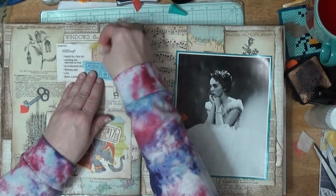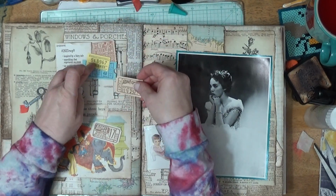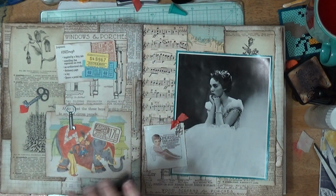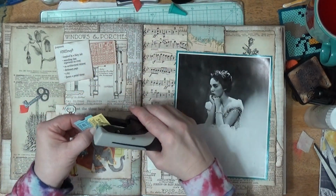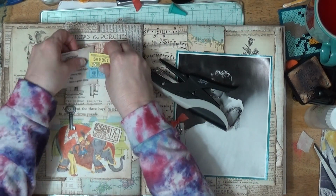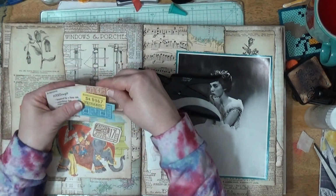But we gotta have something covering up the Paramount, don't we? We'll do that. Yeah, I like it just like that. Now, I think, let's take this, staple it like that. Yes. And maybe we'll just staple this here, and then